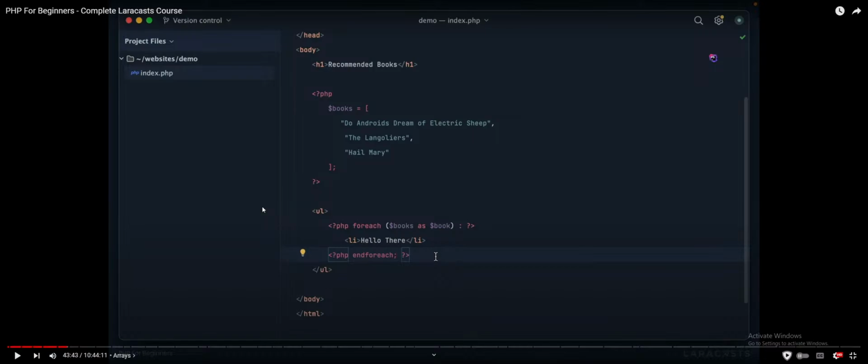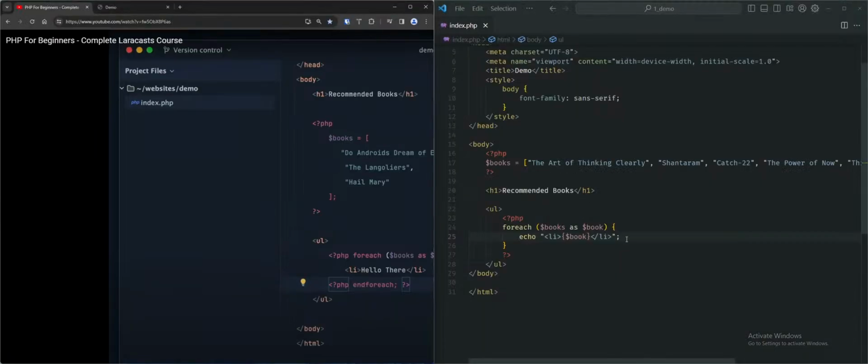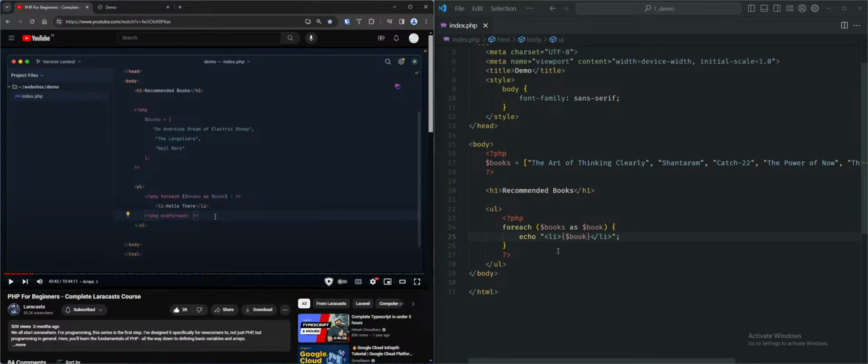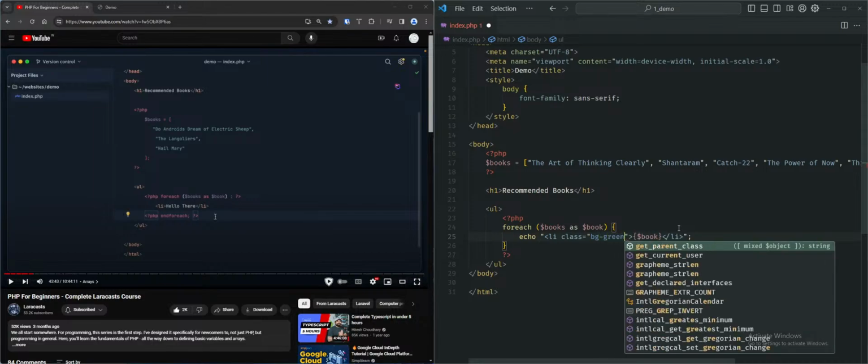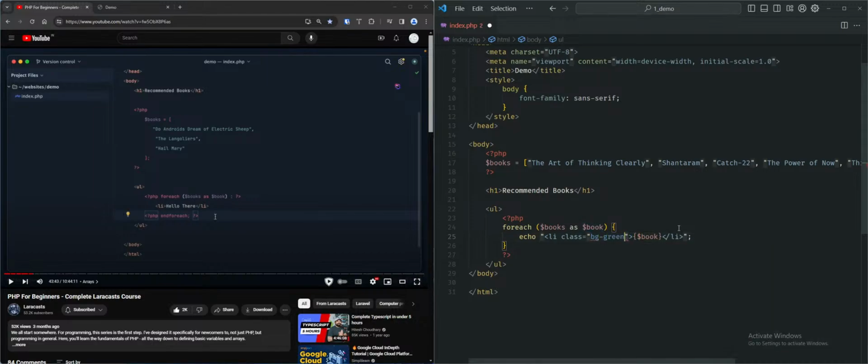All right, so if we switch back, we should see this is so good. This is so exciting. I told you there's probably a different way, a better way to do this. Now, why this is better is because, as he described, what if there are a lot of classes? So, for example, if I was using something like Tailwind, class equals, I don't know, what is it? PG green or something like that. So this won't work because I haven't installed Tailwind here, but what if there's lots of complicated code over here? Then this might not be elegant, it might not be obvious. So instead, what we can do here is